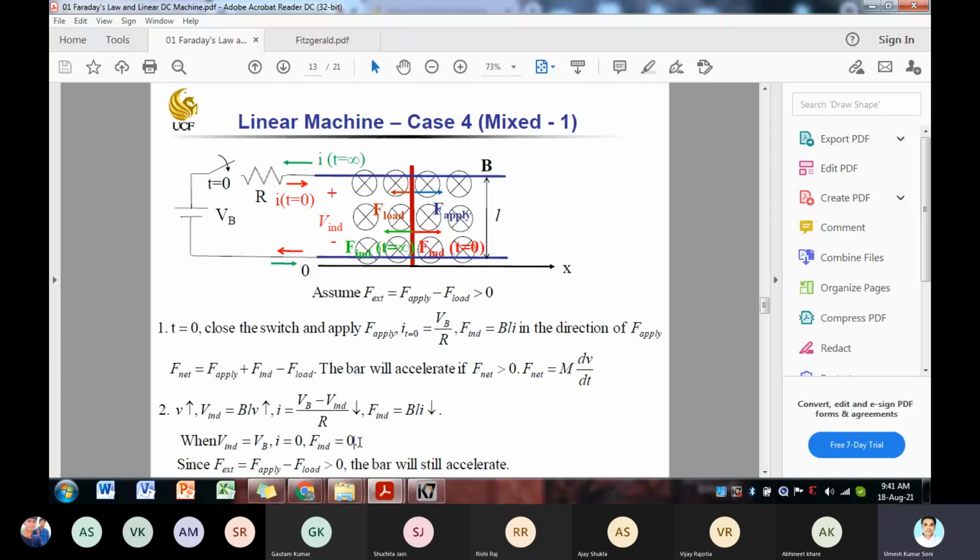अभी ये स्टेडी स्टेट कंडीशन नहीं बता रहा, this is not for the steady state. ये स्टेडी स्टेट कंडीशन में होगा कि dv upon dt जो है will be equal to 0, velocity constant। अभी यहाँ पे we are discussing only in case of current is I equal to 0 and F induced equal to 0। ठीक है, तो इन दैट केस क्या होगा, V induced equal to VB। यहाँ पे हम F net depends on F apply plus F induced minus F load।